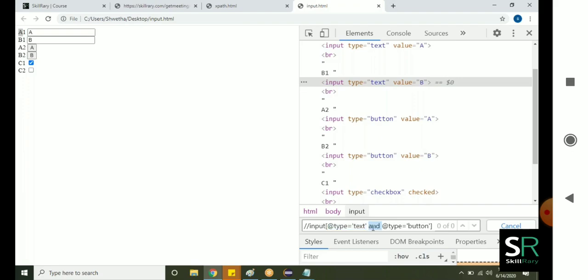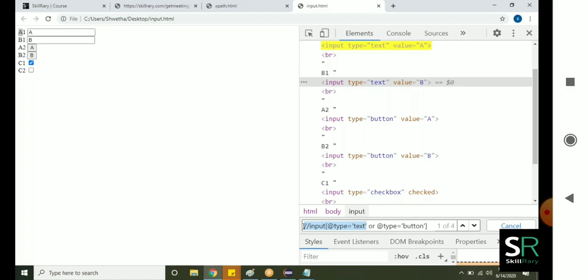So you have to use "or" here. Then when to use "and"? I have given one example, that is first text box and first button. Sorry, I want only first text box. In that case, you have to use "and". It should be a text box first. Then in the text box, it should have value equals a. Whenever you want to give any extra condition, then we'll use "and". When you use "or" it means take this also, //input[@type='text'].